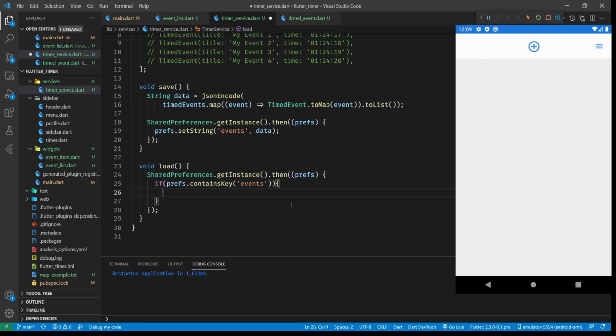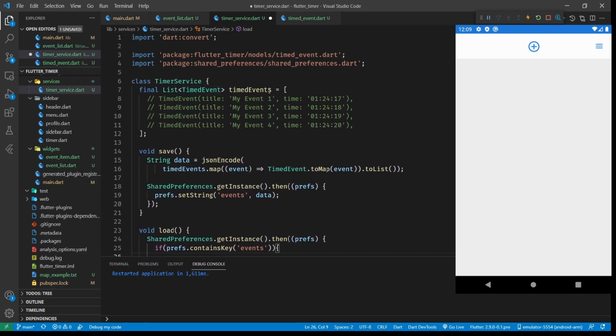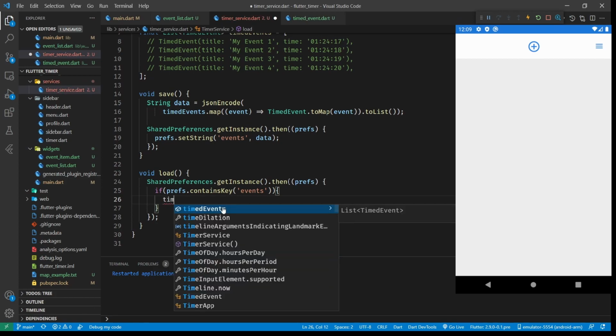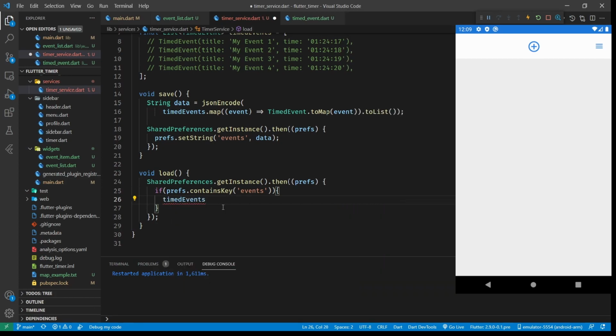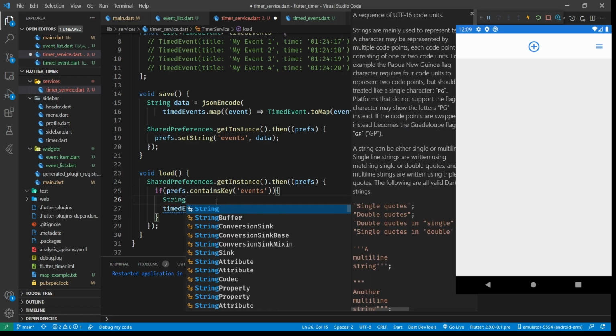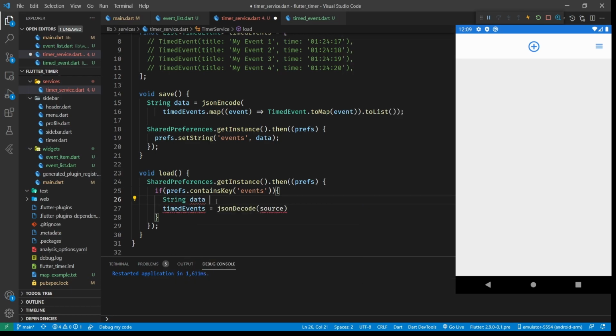What we need to do now is reverse what we've done up there, and we need to set this so our timed events is going to equal, and we're going to have to put JSON decode. And what do we want to decode? We want to decode our data. So where do we get our data from? Well, we could do it here, but I'm going to do it on a second line just to be clear. So string data equals prefs